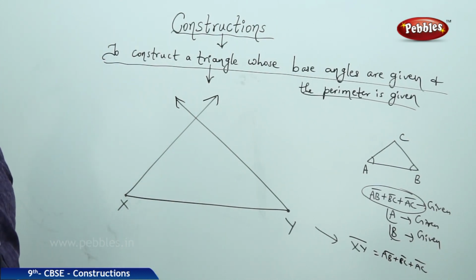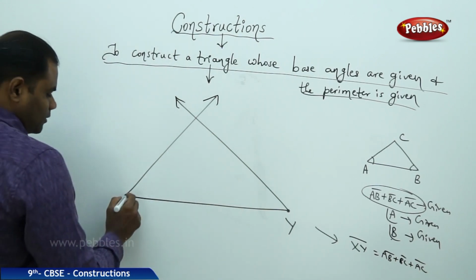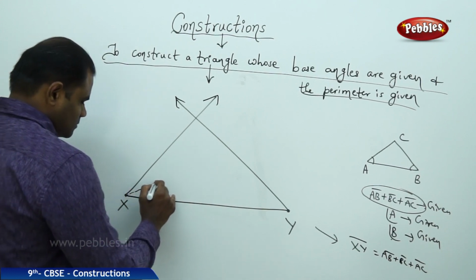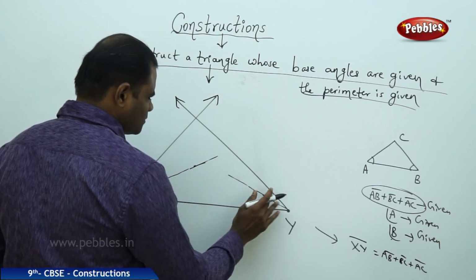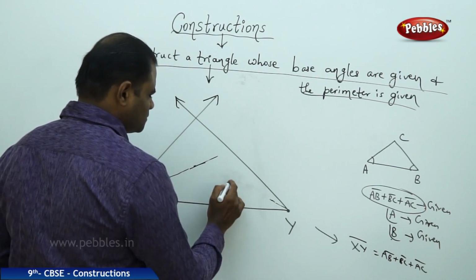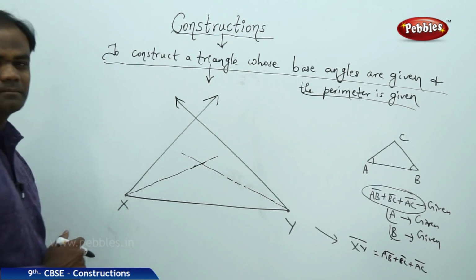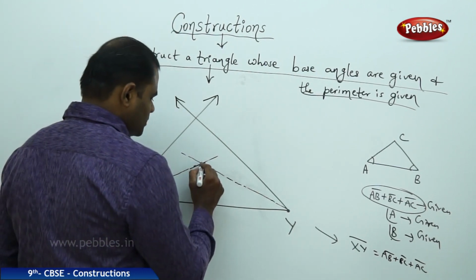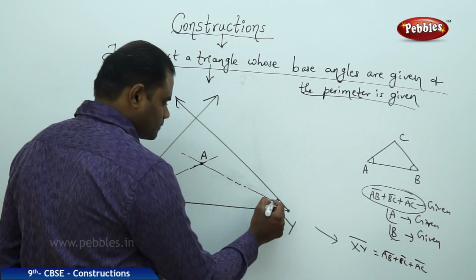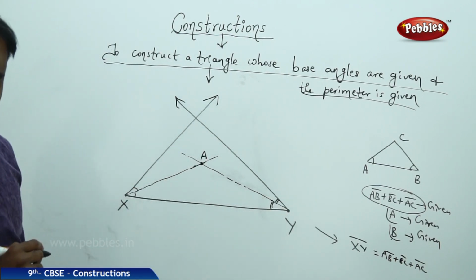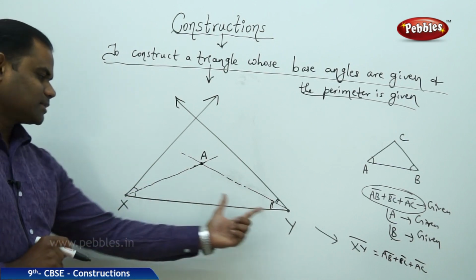Now from this we draw the angular bisectors of X and Y. So once we get these two angles, I draw the angular bisector at X, and I draw the angular bisector at Y. And these two angular bisectors meet, say, at point A. That means the equal angles cut at the point A. Now, after I get the point of intersection of the two angular bisectors at X and Y which meet at A,